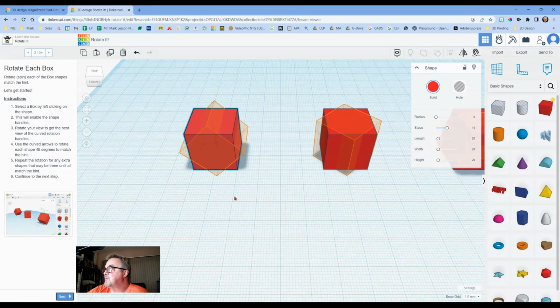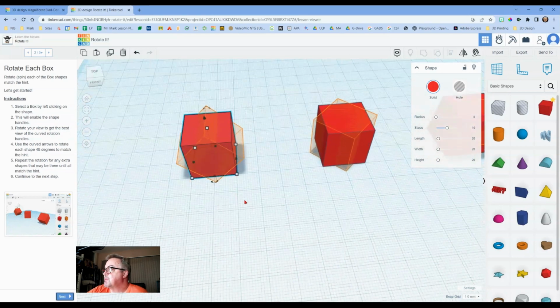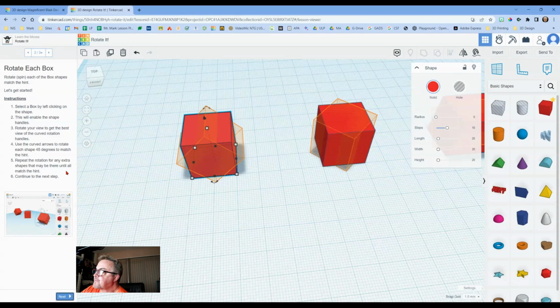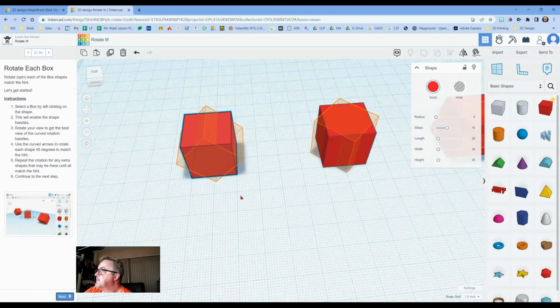So I'm going to zoom in and then right click and move things around. And you notice here there's arrows here and arrows here. It says use the curved arrows to rotate each shape 45 degrees to match the hint. Repeat the rotation for any extra shapes that may be there until all match the hint. So, okay, so this one has to rotate